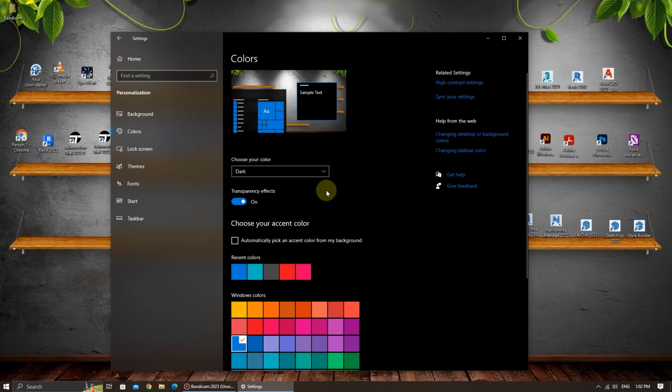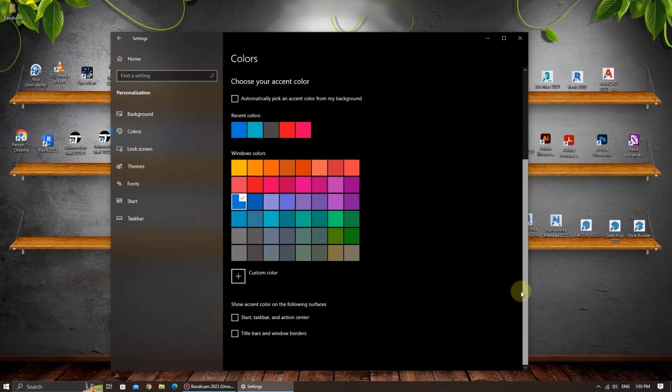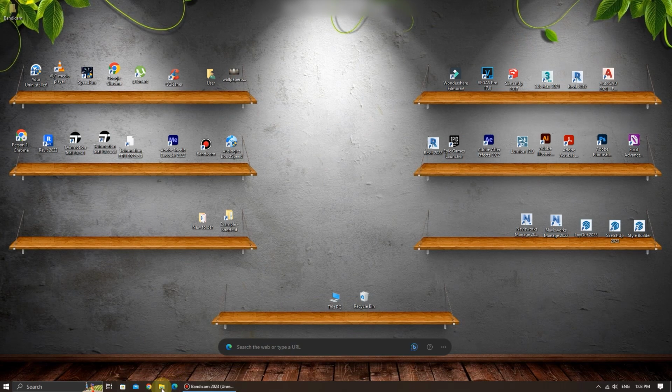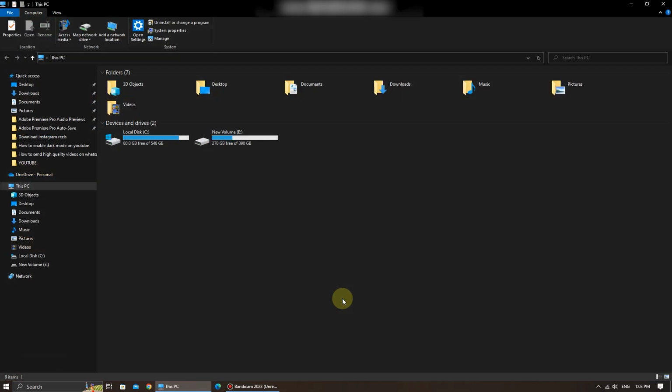And there you have it. Dark mode is now enabled on your Windows computer or laptop. Your interface will now be in dark colors, making it easier on the eyes and perfect for low-light environments. That's how easy it is to turn on dark mode in Windows 10. Whether you're working late at night or just prefer the stylish look, dark mode is a fantastic addition to your